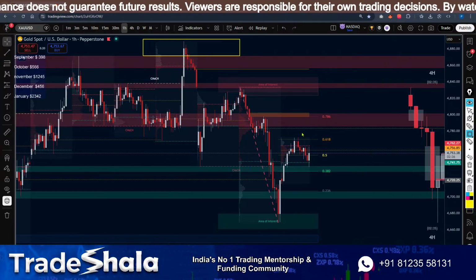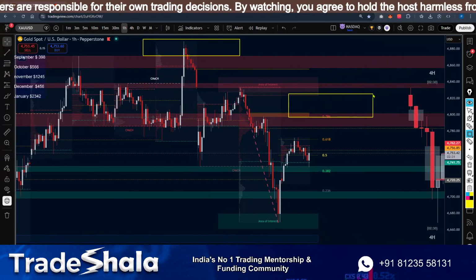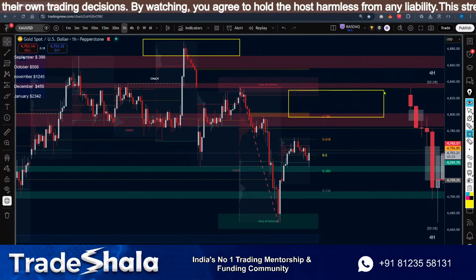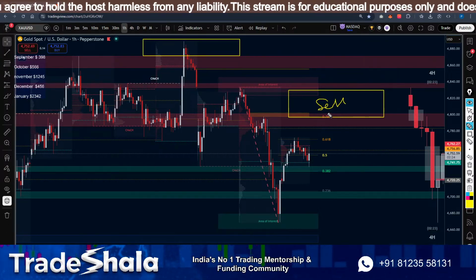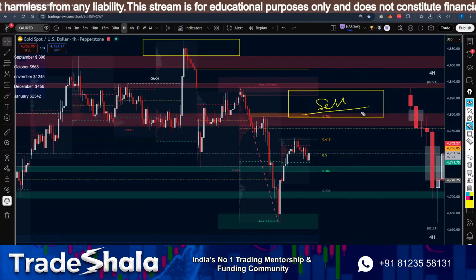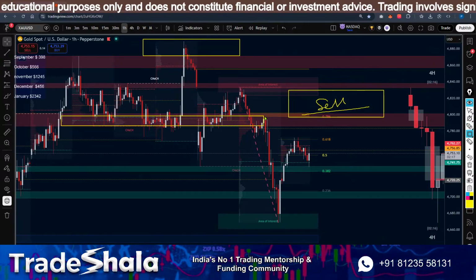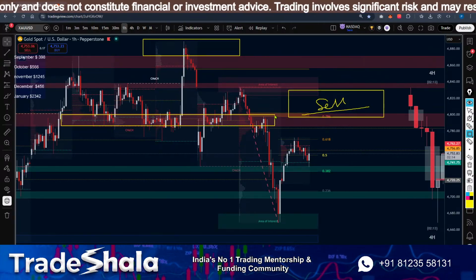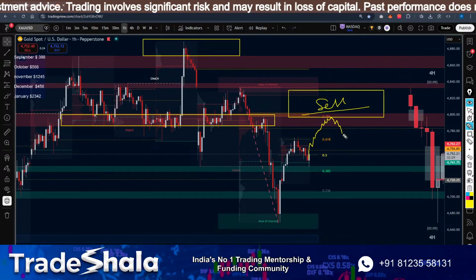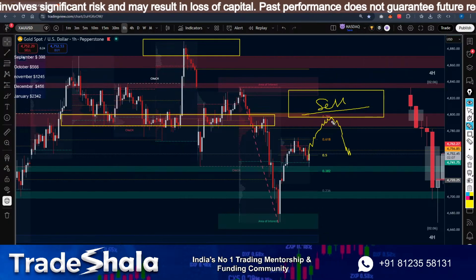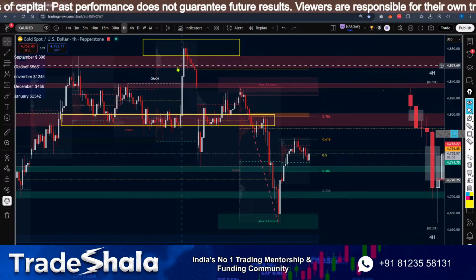Where is the highest probability to take a sell trade right now? It is going to be this one. Anything over here is a very good place to look for a sell entry. You know why? Because by the same logic, last time many people used this as support. Now they broke it, and now they are using this as resistance. So if price ever comes back over here, there is a higher probability for the sellers to again act on the same level.